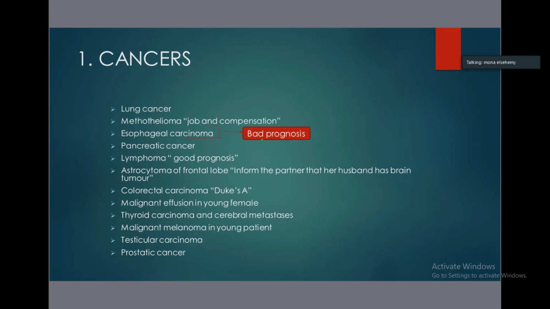There are 3 grades of astrocytoma: low grade, intermediate grade, and high grade. There are different issues. I can share a screen with you about this issue. It depends on patient age, above 60 or below 60. If the presentation is with fits in the first instance, it is a good prognosis. If the patient can take care of himself, this is a good prognosis. It does not affect the behavior.